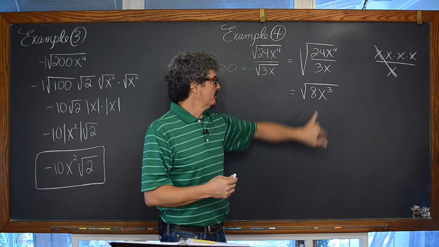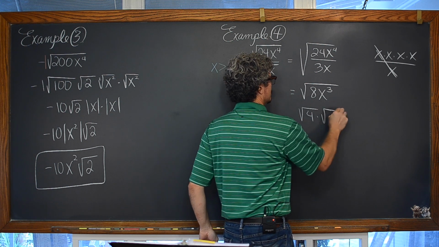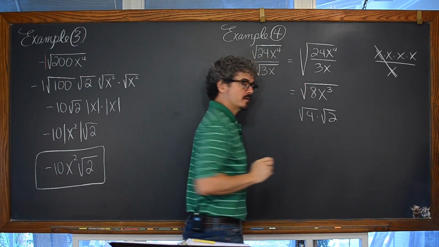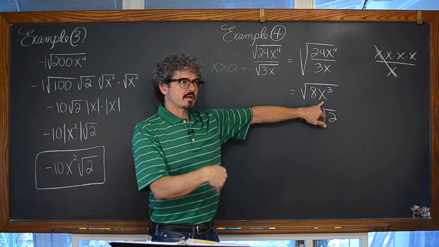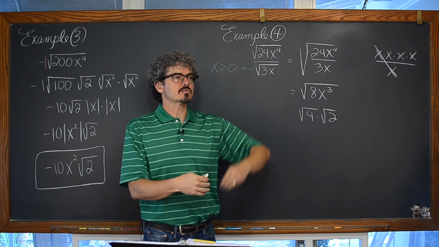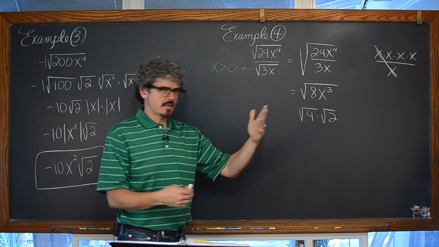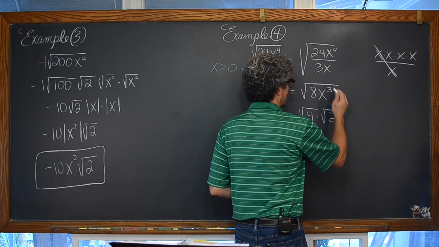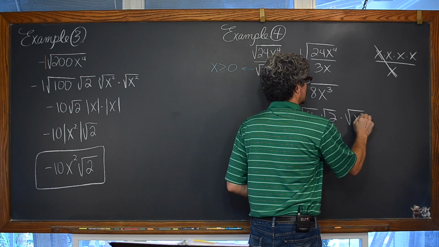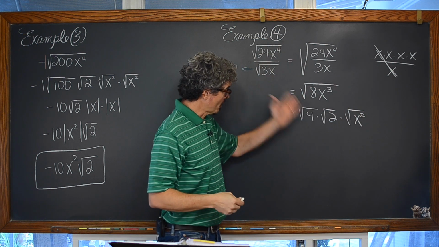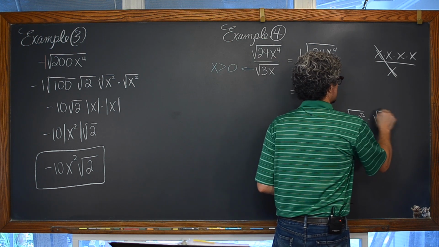But no, there is a perfect square in 8, that is 4. So we have the square root of 4 times the square root of 2. Remember, 2 times 4, of course, we know is equal to 8. And let's expand out this x to the third to be some kind of x squared times x squared times x squared, so on and so on, until maybe you need an x at the end where you get a power of 3. Well, x to the third is equal to x squared times x, and of course we're dealing with inside a square root, so the square root of x cubed is equal to the square root of x squared times the square root of x.